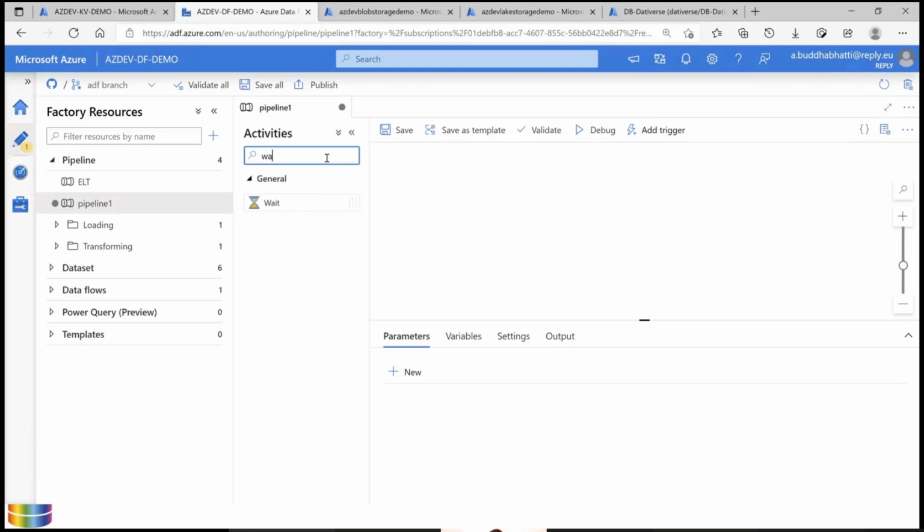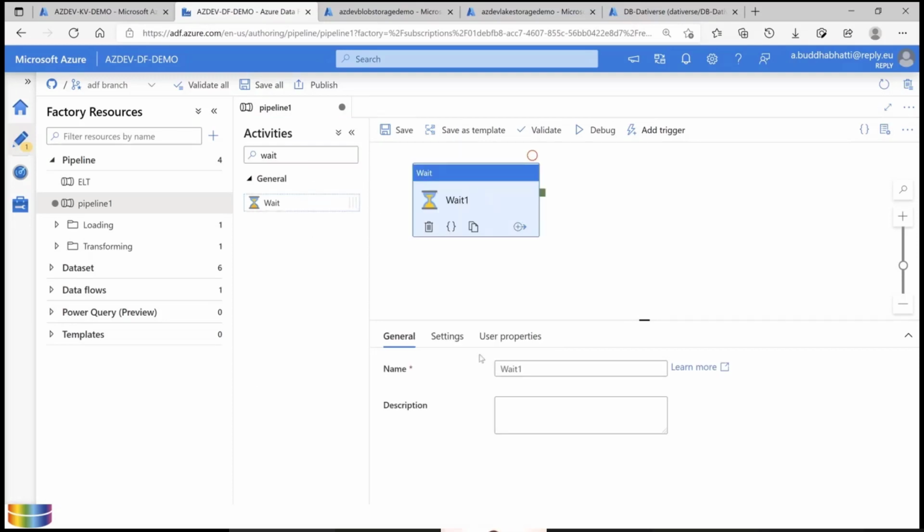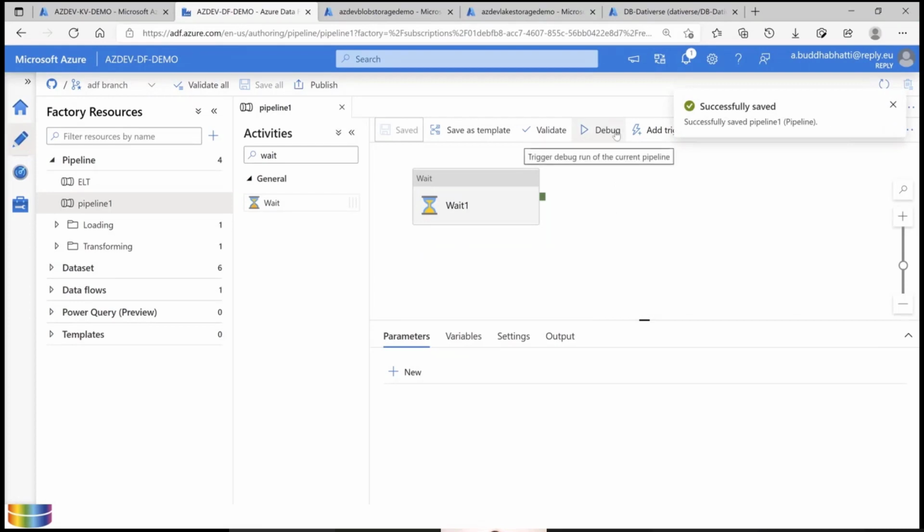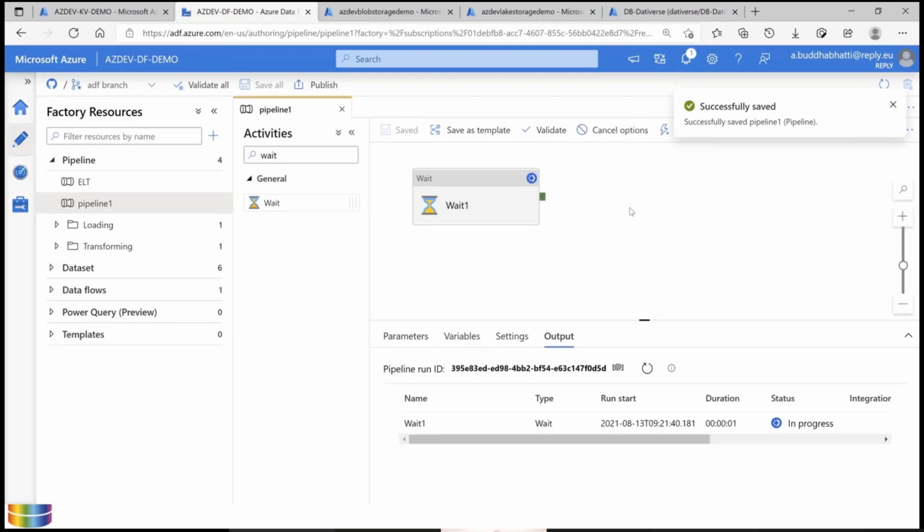It's very simple, just drag and drop. You copy it here, in settings you set all the criteria, and you save it. And this is a very simple pipeline. If you click here, it's just debugging or running your pipeline for you. So this way you can create pipelines and you can debug as well.